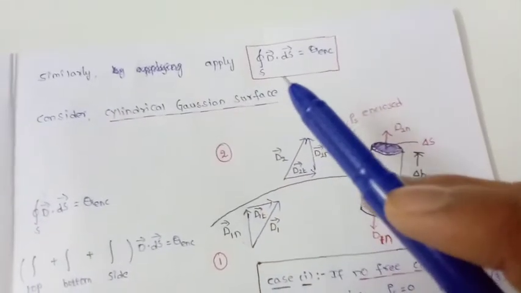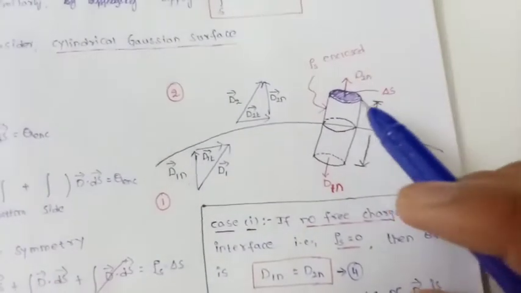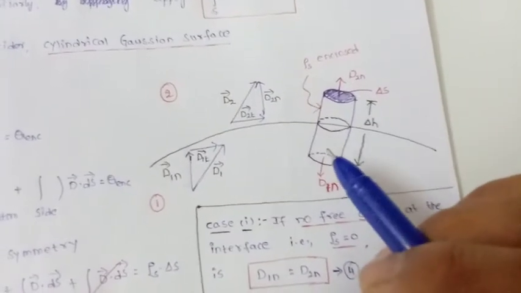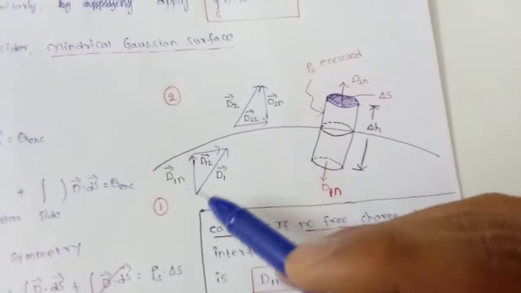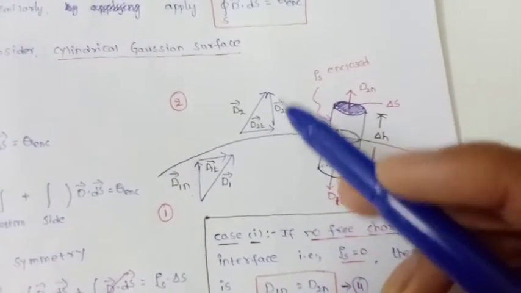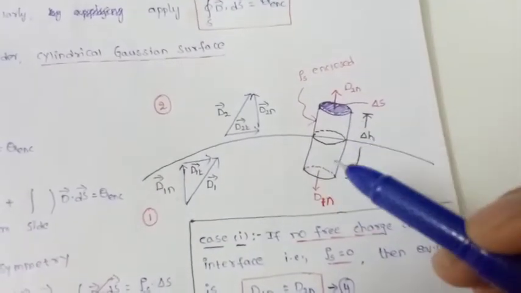Okay, now the second Maxwell's equation. I am going to apply the second Maxwell's equation, which is the closed surface integral of D bar dot dS bar equal to charge enclosed. Therefore, I have to consider a Gaussian surface, that is a closed surface. See here, I have considered a cylindrical surface. Once again this D bar is moving from region 1 to region 2 and is split into tangential and normal components. This is the cylinder I have considered.